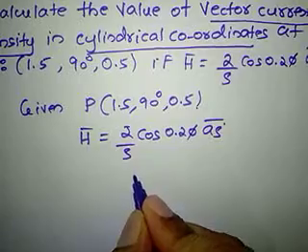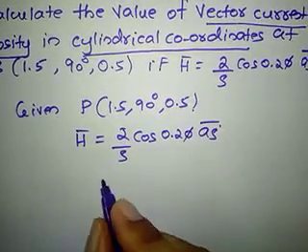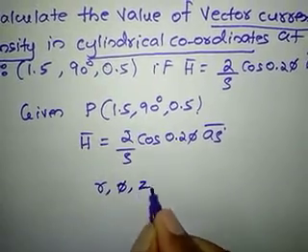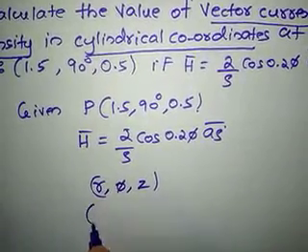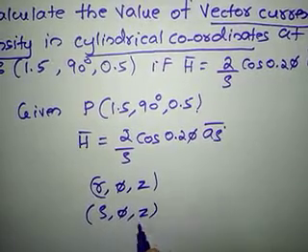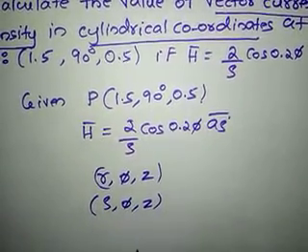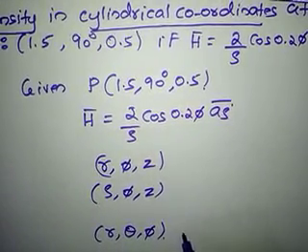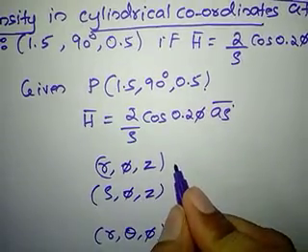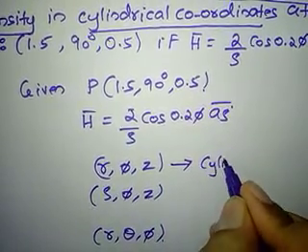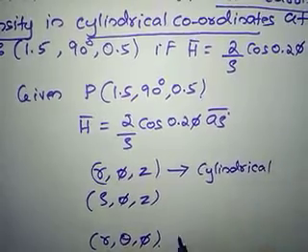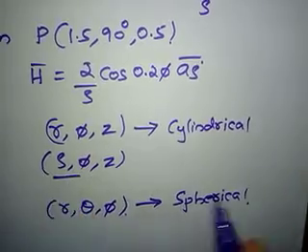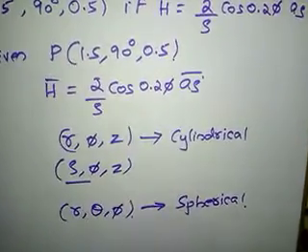So as it is given in rho, this rho is nothing but r, right? Cylindrical coordinates we write as r comma phi comma z, or it can also be written as rho comma phi comma z. Instead of r, rho can be used, right? In spherical system it is r theta phi. So in order to differentiate between the cylindrical system and the spherical system, instead of r we make use of rho in the cylindrical system, right?